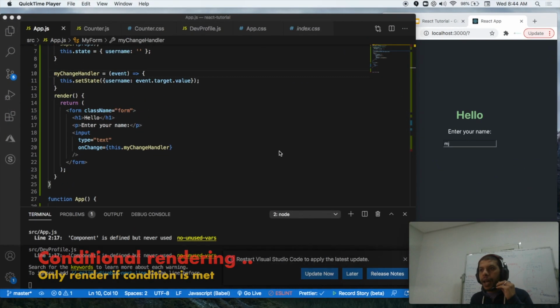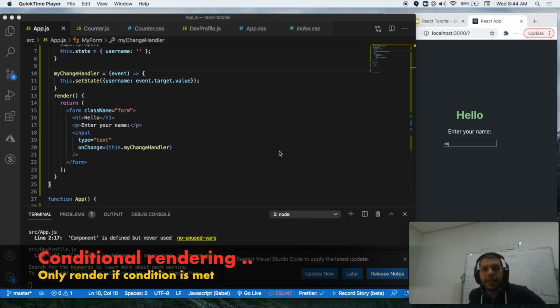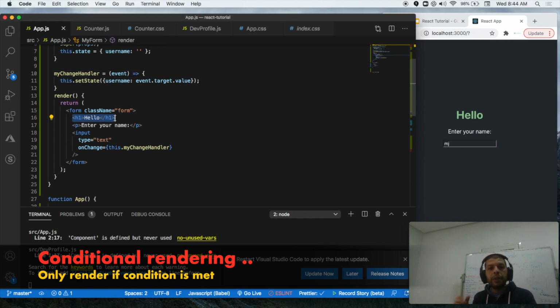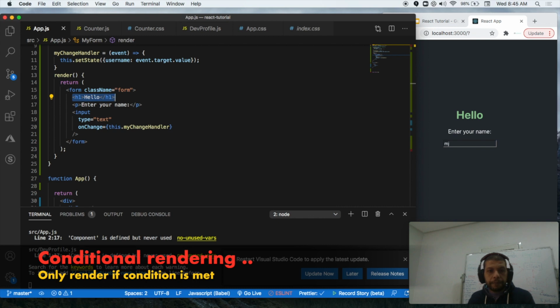We've looked at how to set up our React form. Now let's look at conditional rendering. If you do not want to display, for example, the H1 here until the user has actually put in an input, you can add an if statement to it. Let me go ahead and pull up a snippet of code here, and then I'm going to explain it. So right under the render method,